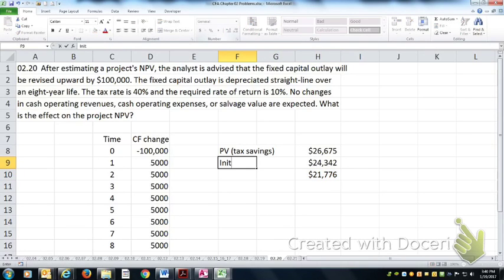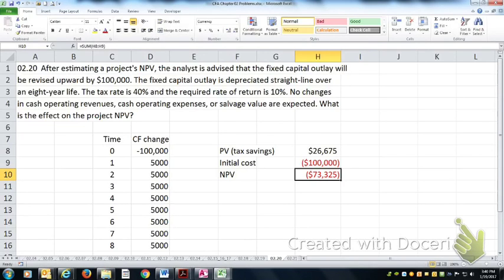The initial cost is negative $100,000. So the overall impact on the project is a negative $73,325. Okay, now since the additional fixed capital outlay did not affect any of the other cash flows, okay, then